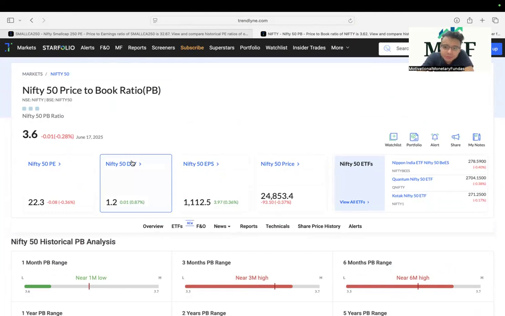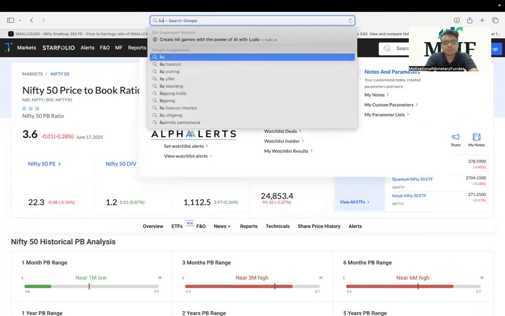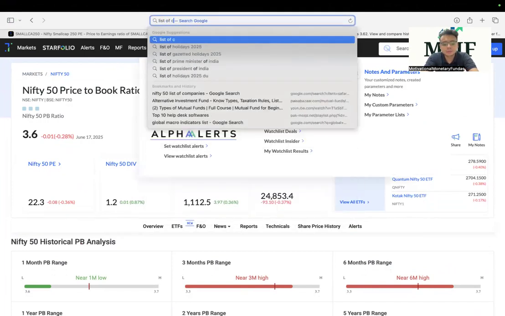एंड सेम थिंग वी कैन डू फॉर अ निफ्टी 150 और निफ्टी 250 इंडेक्स, अगर उनके केस में भी दे आर कमिंग अंडर वैल्यूड। उसमें भी यू कैन सी अ लिस्ट ऑफ कंपनीज एंड सी कौन सी कंपनीज हैवी है, प्राइस टू अर्निंग यूज करें, प्राइस टू बुक वैल्यू यूज करें, दैट्स अ होमवर्क फॉर यू। ठीक है। अगर मैं लिस्ट ऑफ कंपनीज भी निकाल लूँ यार, मैं सारी कंपनीज मिल जाएंगी।